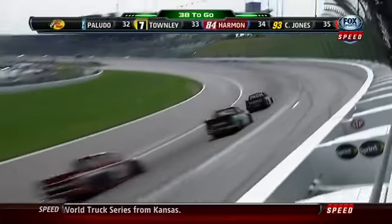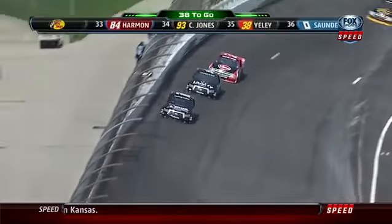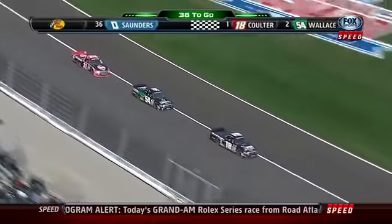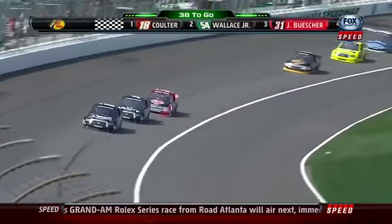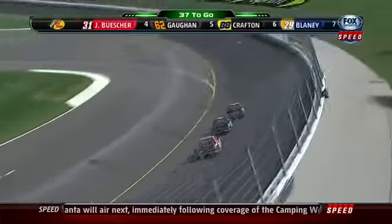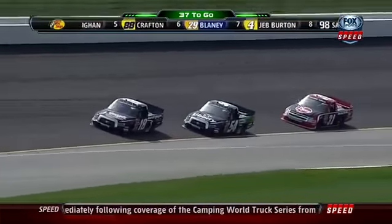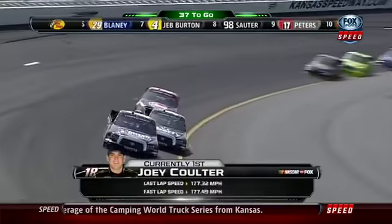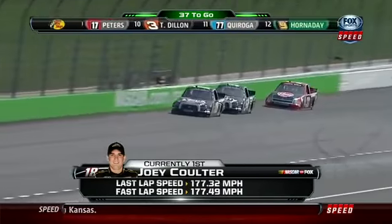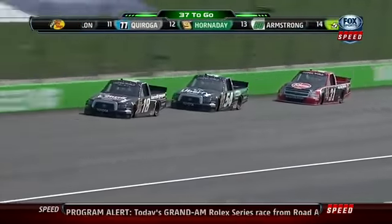Joey Coulter 3rd in points last year. James Buescher, our champion from 2012. Darrell Wallace Jr. has come into this series and proven he belongs week in, week out. Early in this rookie season, he's been up toward the front about every race. And I think he's faster than Coulter right now. If he can just keep that thing down on the bottom, make a move. But man, when you get down there, Phil, get up beside him, it's going to be so hard to complete